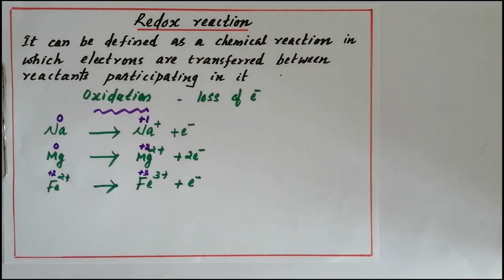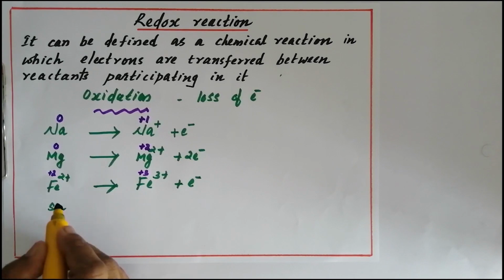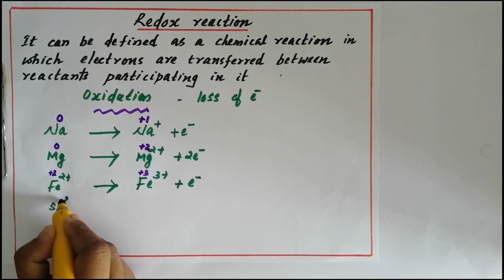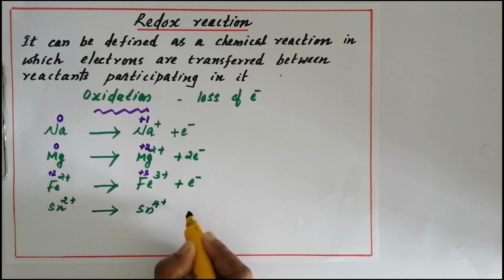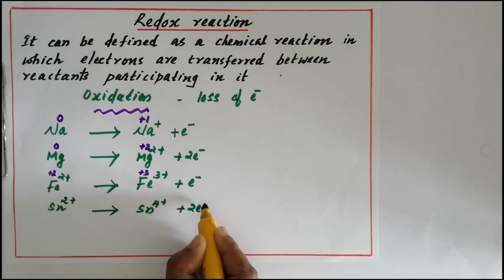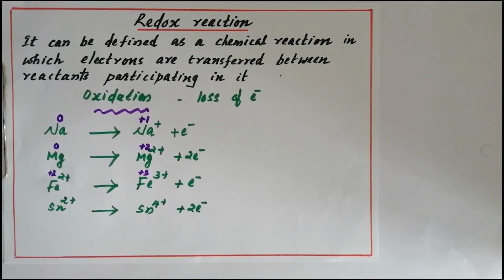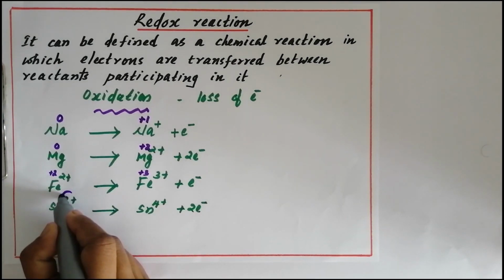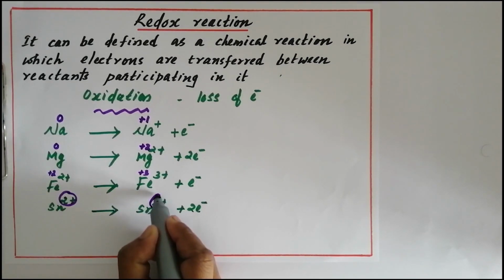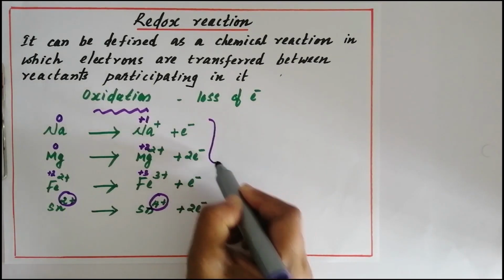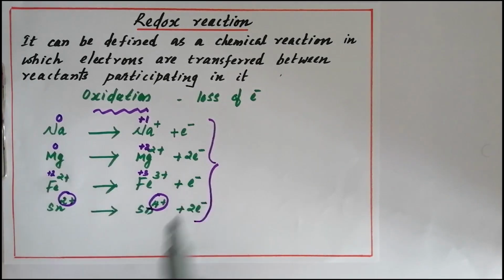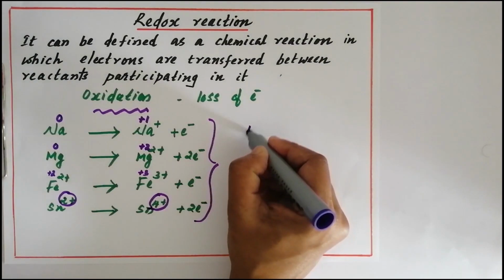And another example is Sn2+ oxidized to Sn4+, losing 2 electrons. And the oxidation state of Sn in Sn2+ is +2 and that of Sn4+ is +4. So what we are seeing here, everywhere we can see that there is an increase in the magnitude of positive charge as a result of oxidation. So that is during oxidation,